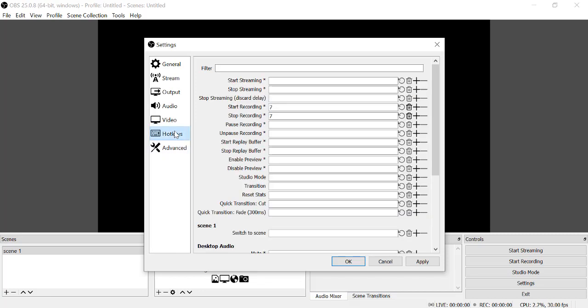Hotkeys. What are the hotkeys actually? What is the reason to keep hotkeys here? See, I have kept a 7. You can keep X, you can keep Backspace, you can keep any key here. I kept 7 here by default. You can keep 1, you can keep X, C, like this. You can change. Okay, so I have kept just 7.